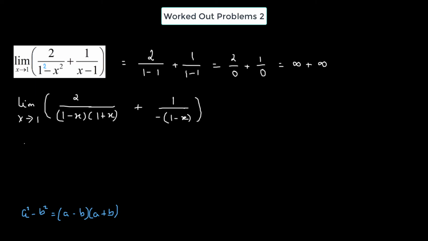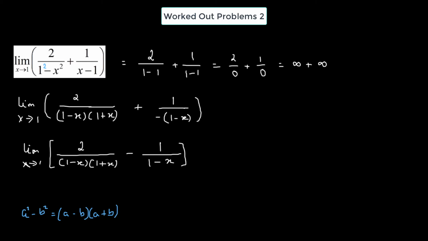So this gives us limit x goes to 1, 2 divided by 1 minus x times 1 plus x minus, so this plus multiplied to this negative 1 is going to give us a minus 1 over 1 minus x. So we perform the subtraction of the two rational fractions, so that will give us 1 minus x times 1 plus x